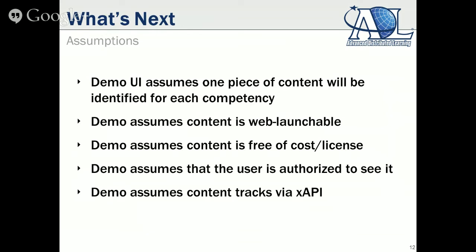So first of all, the demonstration assumes that when it dynamically found content from the Learning Registry, it was a web-based piece of content and that I could launch it and it didn't require additional security and there was no cost or license for it. And again, in the real world, we know that those are faulty assumptions. Systems are more complicated than that. Repositories of content have logins and security models and e-commerce models. So we know that launch is more complicated than just here's a link from the registry. So that's an assumption in the demonstration.